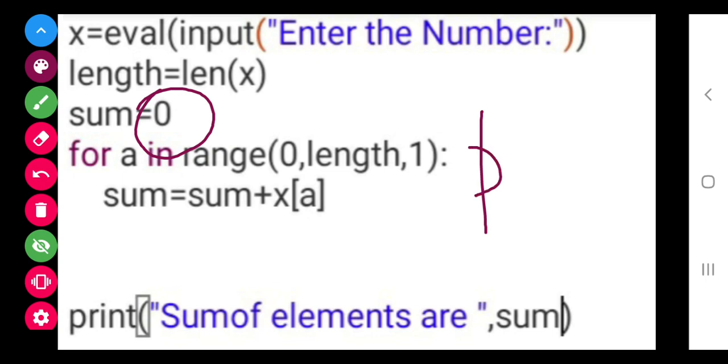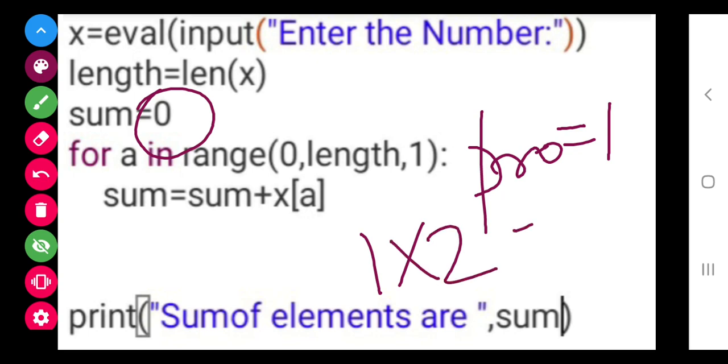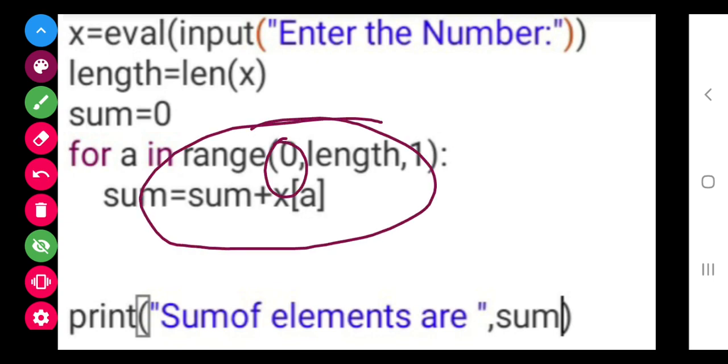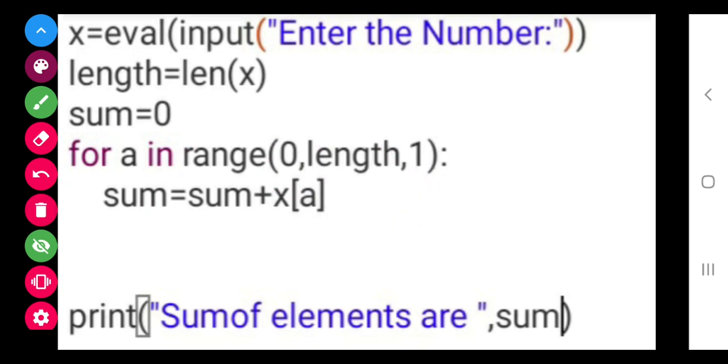Similarly for product, if you want to find it, then product should start at 1 because 1 multiplied by any number results in that number only. Now finally it will run a for loop from position 0 to length minus 1, and it will go by step 1. So simple question it is.